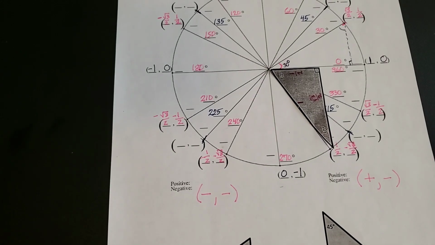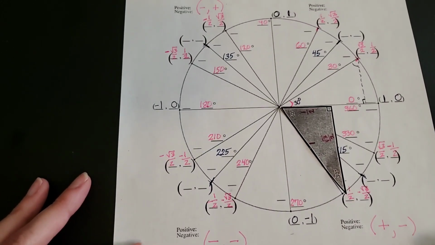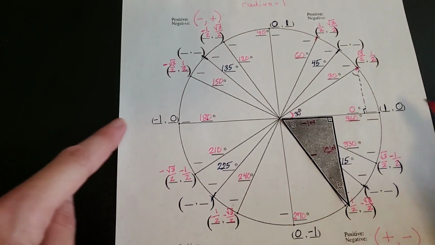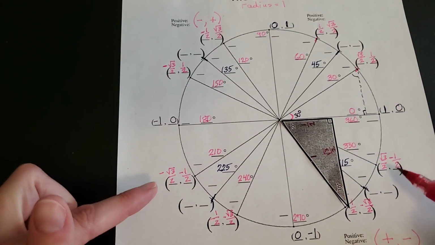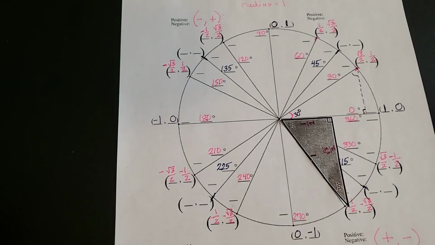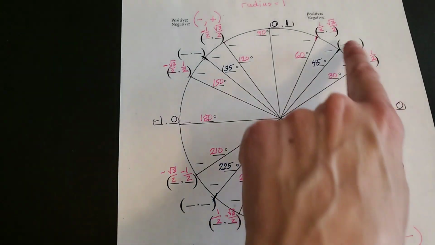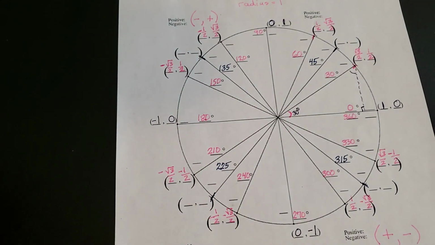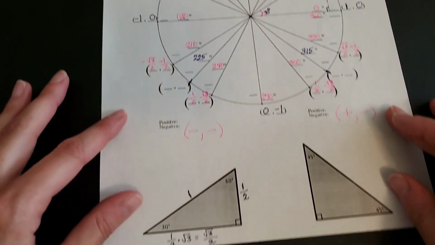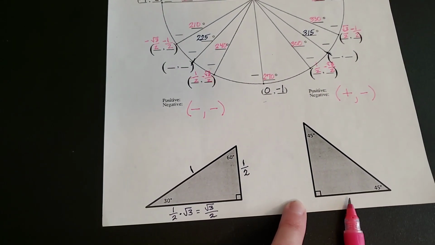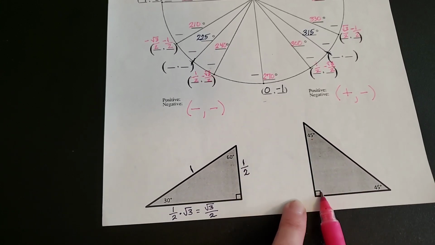And so now we almost have all of the ordered pairs filled in for the unit circle. They're either 1s and 0s or negatives, or √3/2 and 1/2, except for we have 4 left. Those 45-degree angle markings. So we need to go back and look at a reference triangle that is a 45, 45, 90,